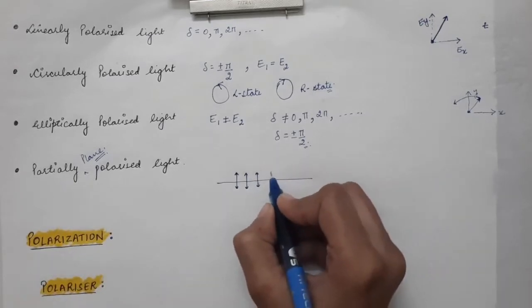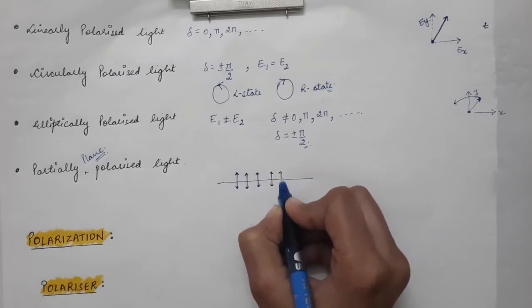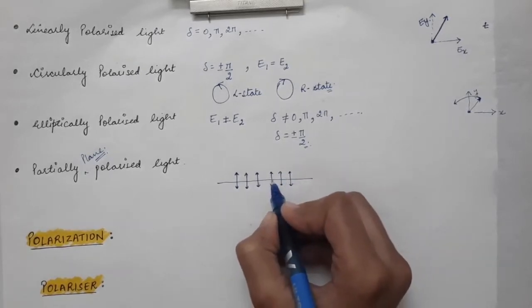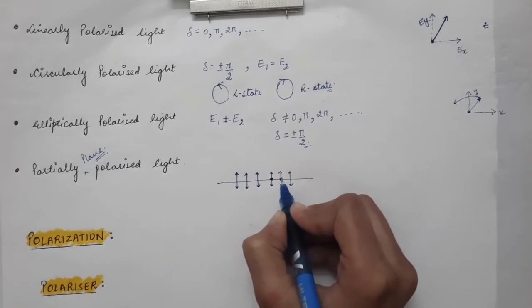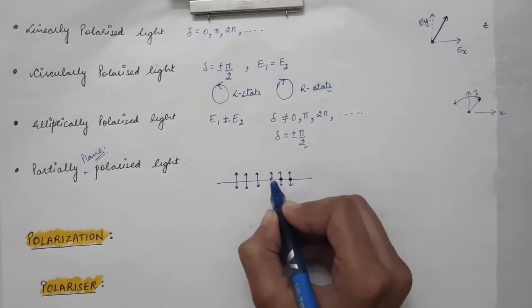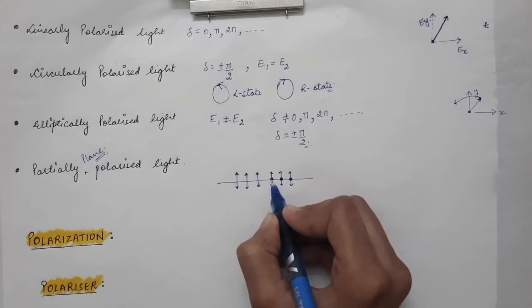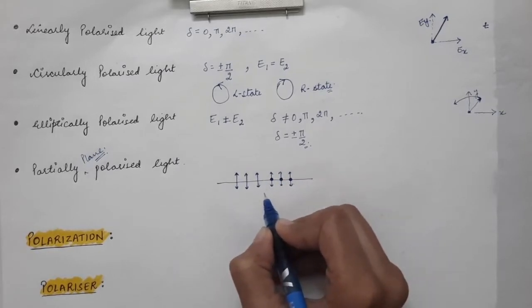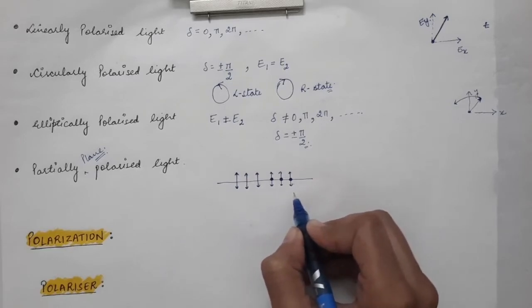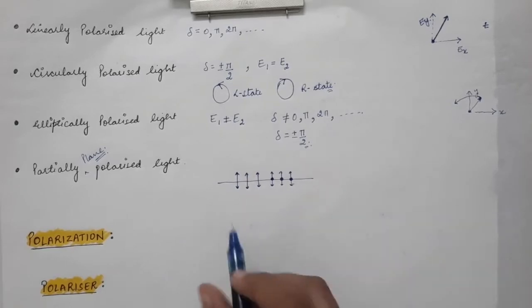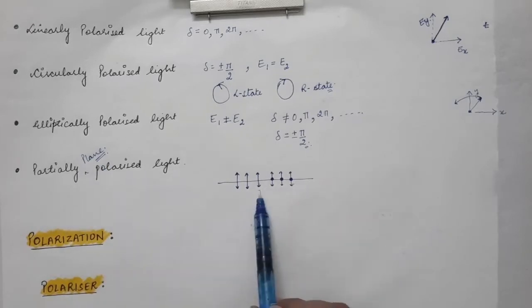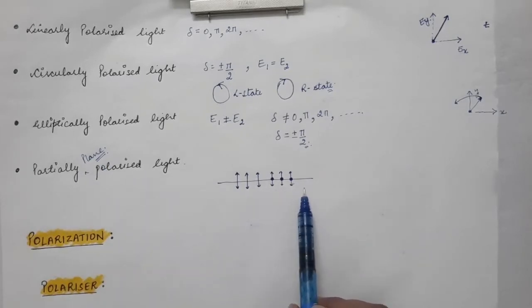And after that it will appear to us that the electric fields vibrate in random directions, meaning it becomes unpolarized light, and unpolarized light is denoted by double-headed arrows and a dot. So this represents unpolarized light. So for some time interval it is plane polarized, then for some time interval it is unpolarized light, and so on. So partially plane polarized light is a mixture of both plane polarized and unpolarized light rays.